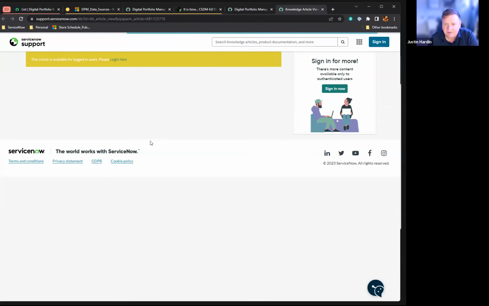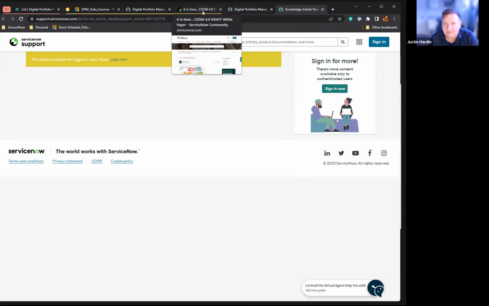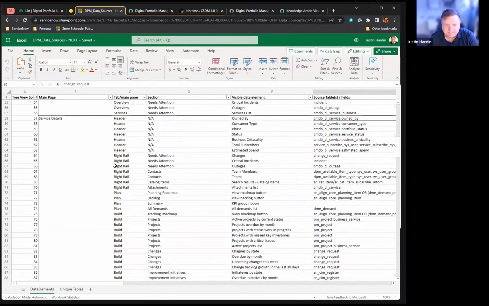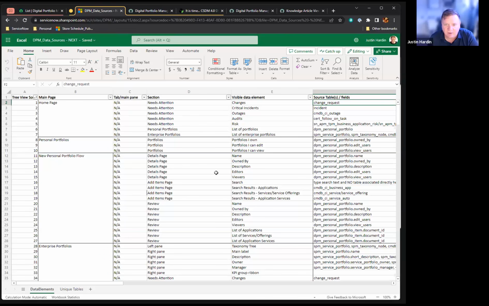And you go to the knowledge base article. Oh, I have to log in. Okay, well, I'm going to cheat a little bit and go directly to the data sources document. This one is a slightly newer version. We update this document every, I want to say, month or 2, depending on need and when we find things that are missing. And so to orient you to this document,